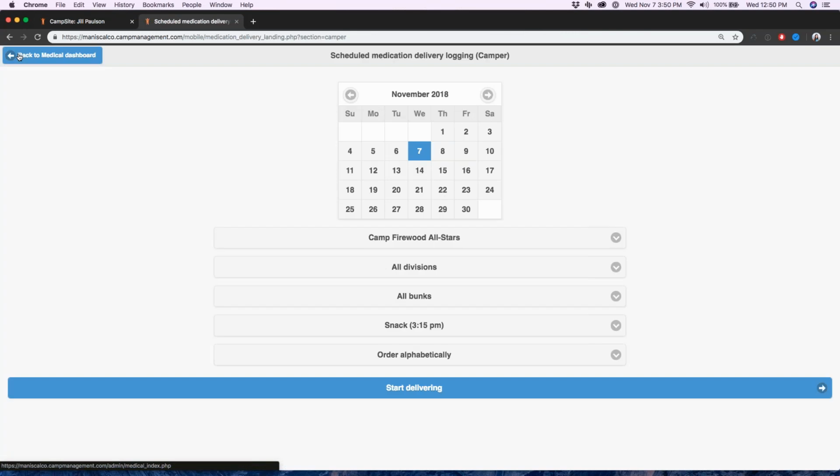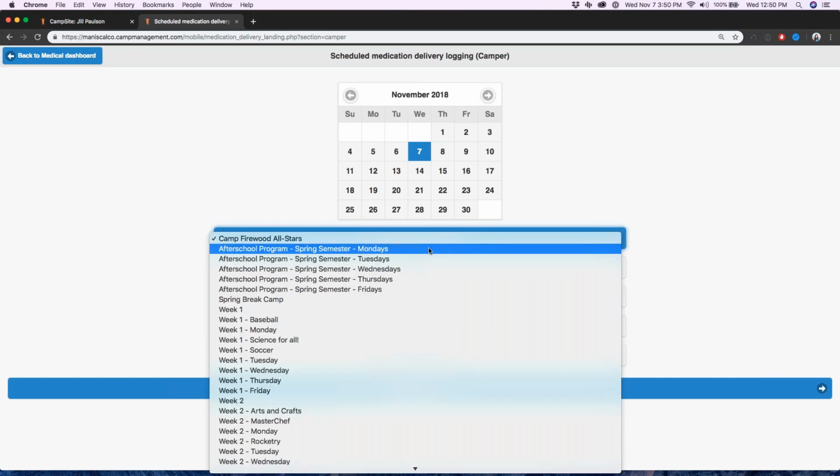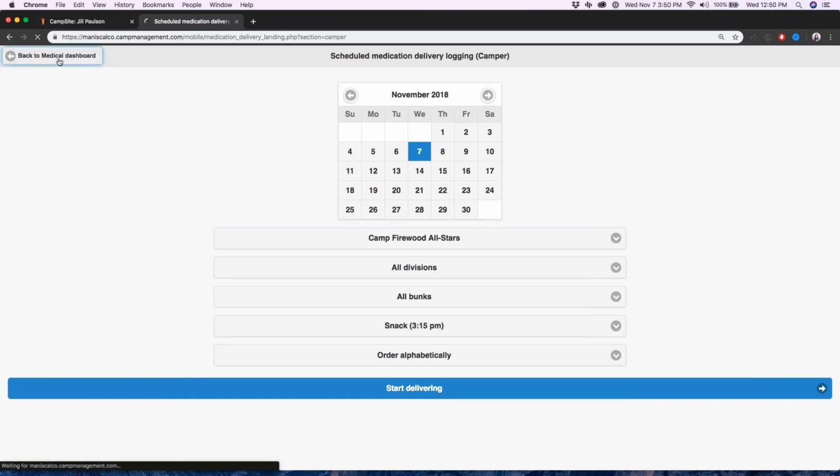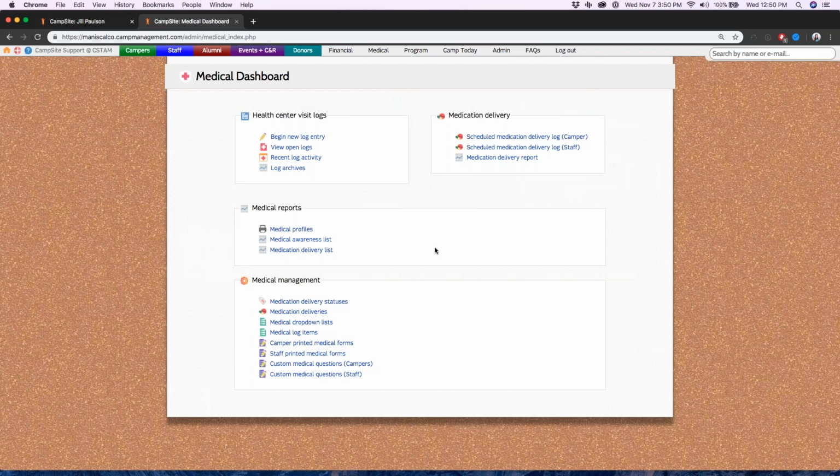Okay, but I'm going to go back to the medical dashboard. If you hit back once, you can then switch. If you need to log for another session, you can switch the session, start delivering, mark those medications as delivered. I'm going to hop straight back to the medical dashboard to continue here. And then finally in this section, so the medication delivery log tool, same for staff, same functionality, just with staff instead of campers. This final item here, the medication delivery report, if we click on that,